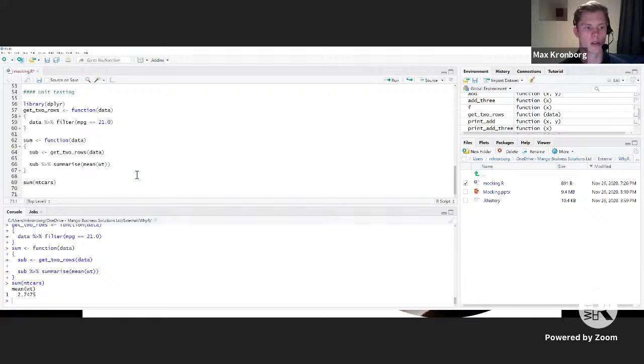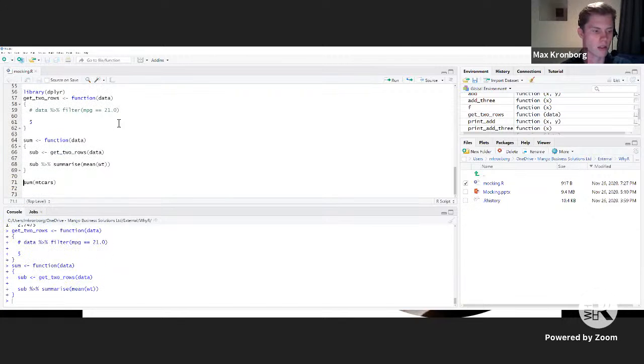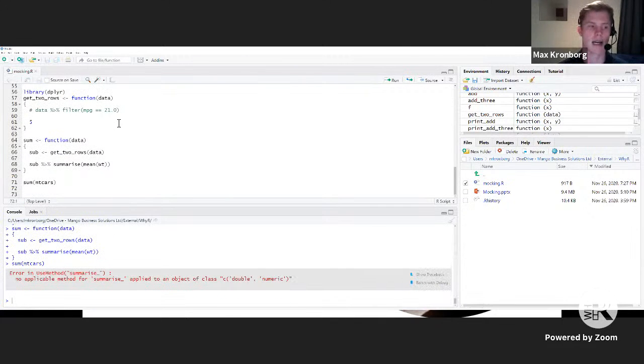But what you're kind of indirectly testing when you come to test the sum function and you want to test for the output is that get2rows works as well. So if some clever programmer somewhere goes in and changes this function so it no longer works, and you run it, then it's broken, and you're going to have 2 broken tests. One will point to sum, and that won't technically be correct.